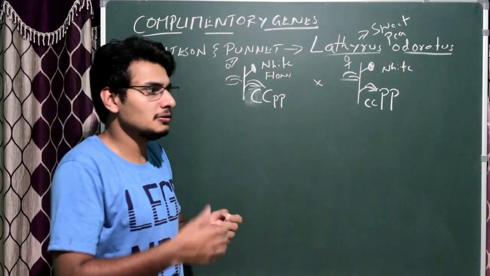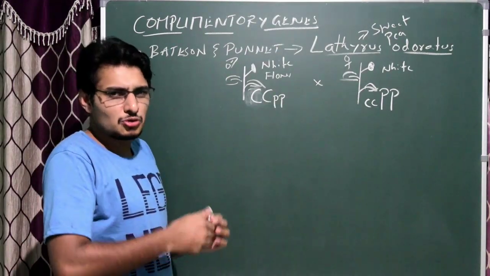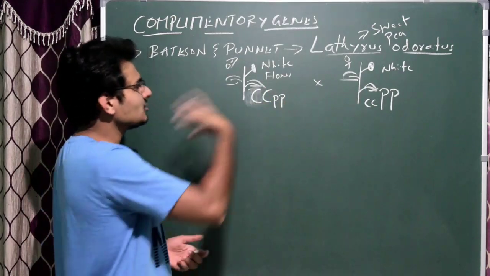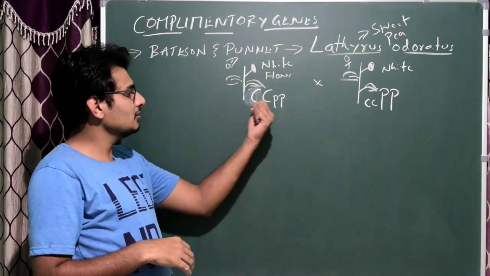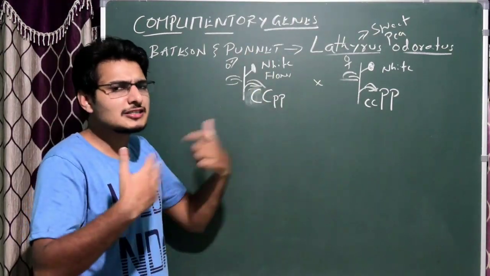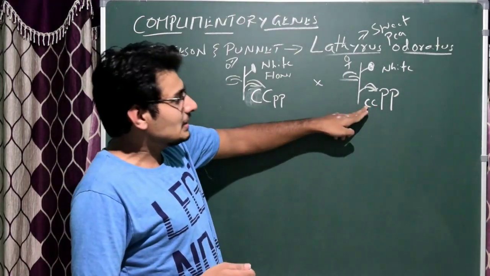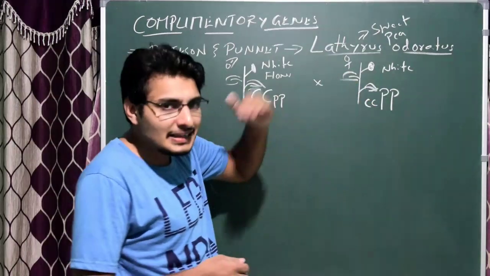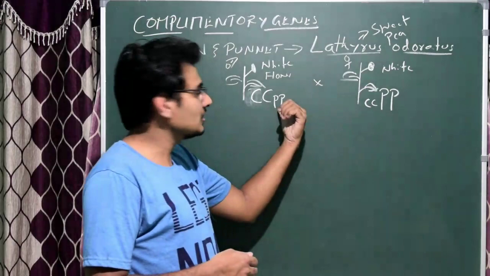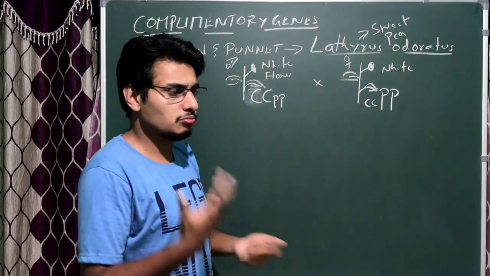You may get a bit of confusion here. See, according to whatever concept we have studied so far, if a dominant gene is there which is responsible for one character, here in male plant capital C is dominant, and maybe you think that it is responsible for white color. In this case capital C is not there. Instead of that it is in recessive form, but instead of that capital P is there. Here you could see recessive p. Okay, because of this the color is white, so it's a bit confusing.